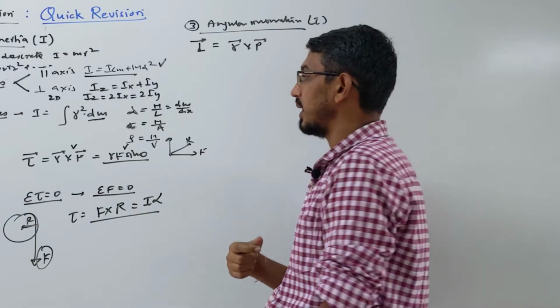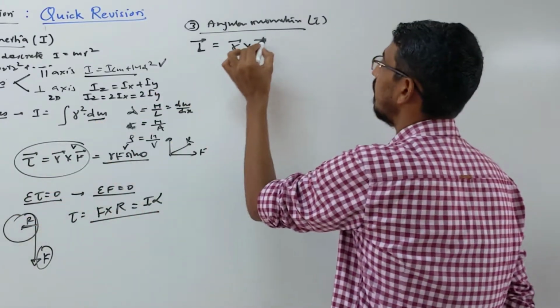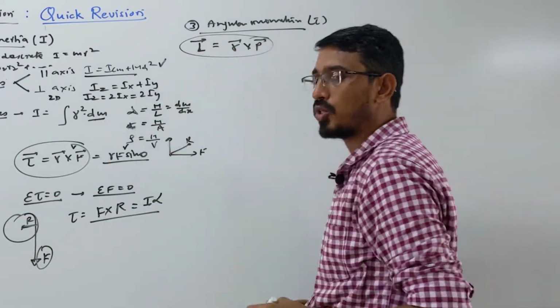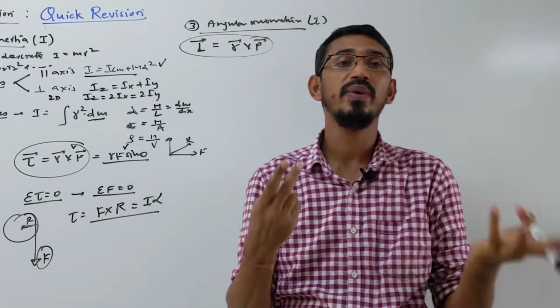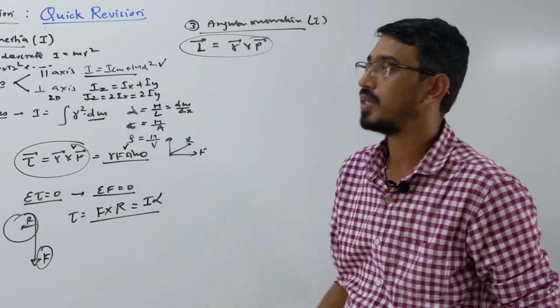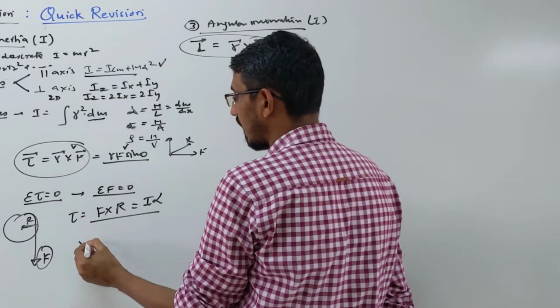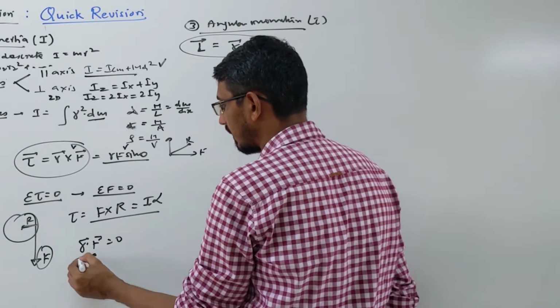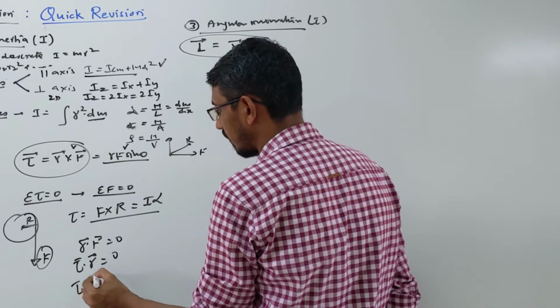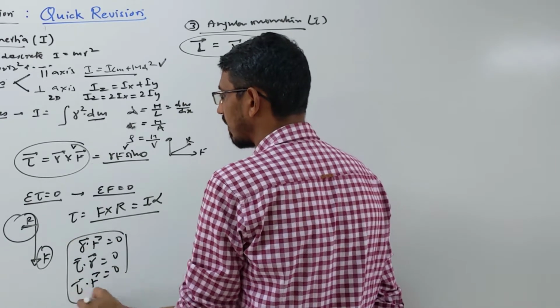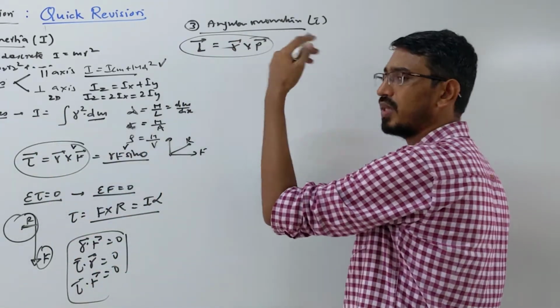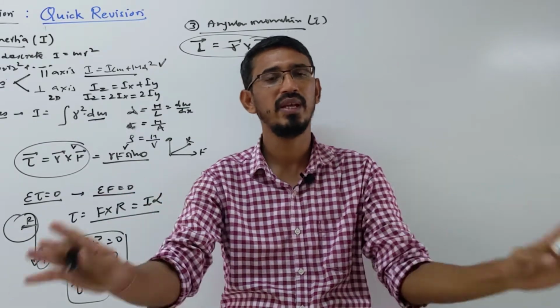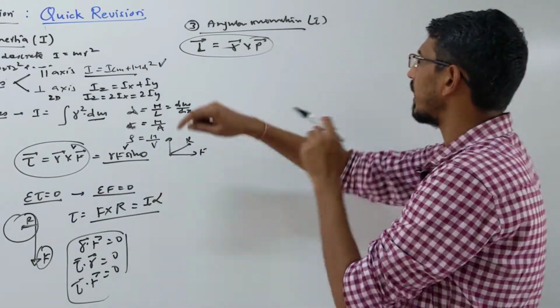By chance, if you have a formula where 3 vectors are related by cross product, and you take the dot product of any 2 of them, then it always becomes 0. Like here, what is R dot F? The answer is 0. Torque dot R, the answer becomes 0. Torque dot force, any combination you make, all of them become 0. Same way here also, if you take the dot product of them, the answer is directly 0. Okay, this was the formula.